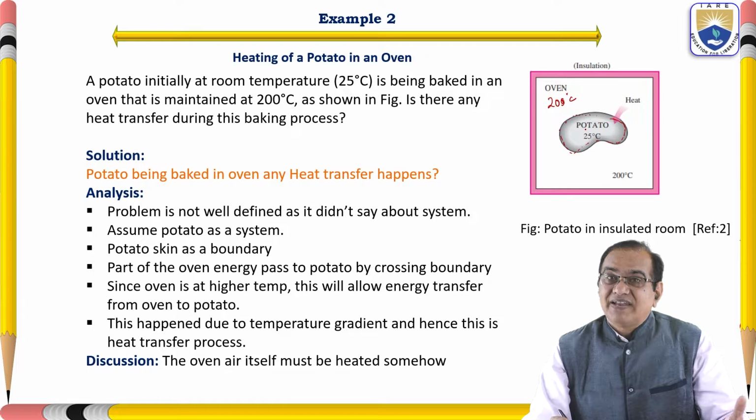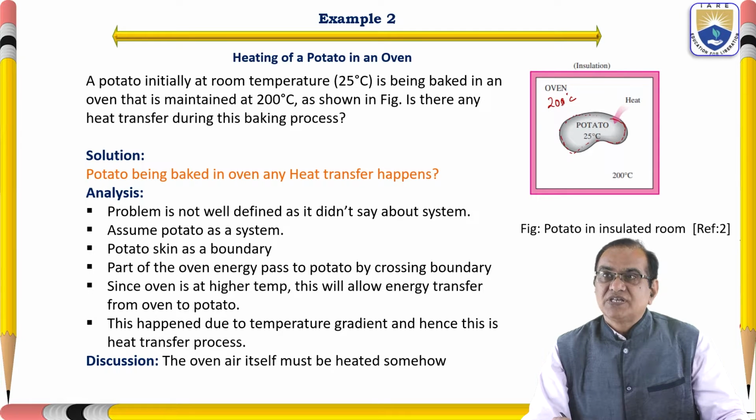So this is a real case. Due to the temperature gradient from high temperature to low temperature, the temperature of the potato will increase and the potato will be baked. So there is a clear indication that there is heat transfer between the oven and the potato, and the direction of the heat transfer is from the oven to the potato, as the temperature of the oven is higher than the potato. But if you consider this as a system,